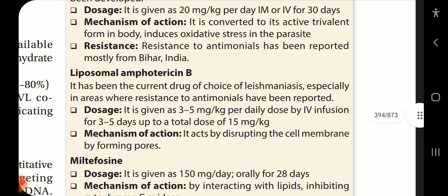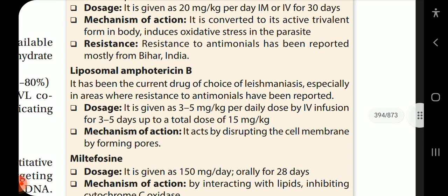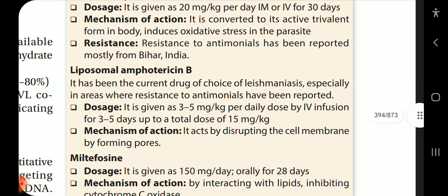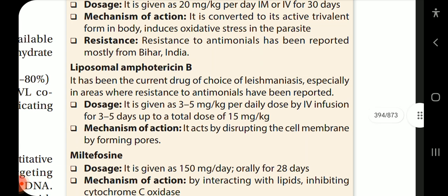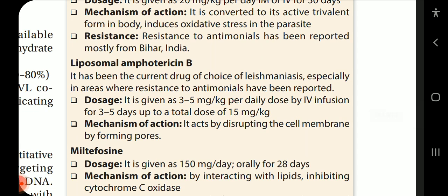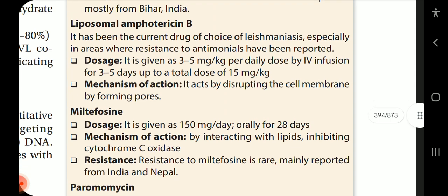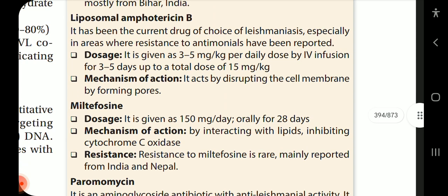Mechanism of action: it is converted to the active trivalent form in the body and induces oxidative stress in the parasite. Resistance to antimonials has been reported mostly from Bihar, India. Now, liposomal amphotericin B has been the current drug of choice in leishmaniasis, especially in areas where resistance to antimonials has been reported. Dosage is 3 to 5 mg per kg per daily dose by IV infusion for 3